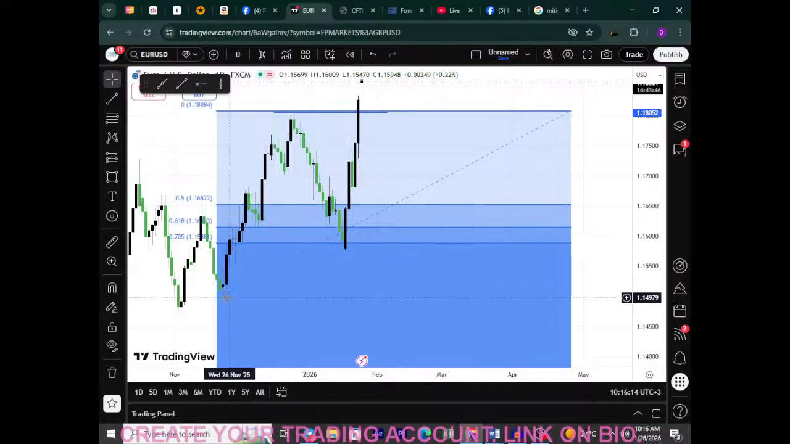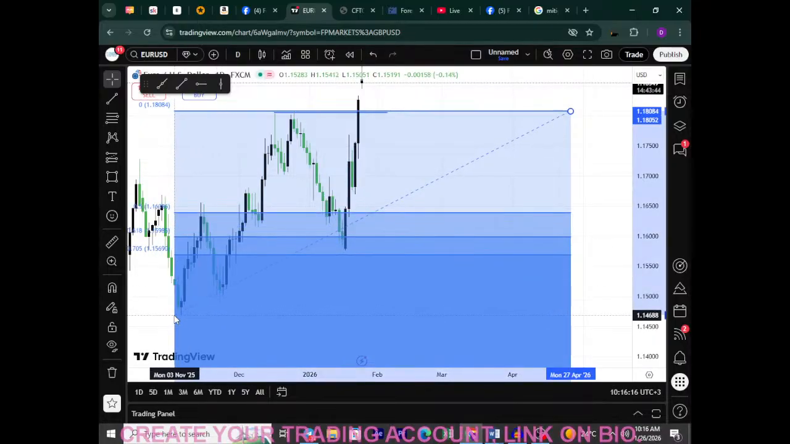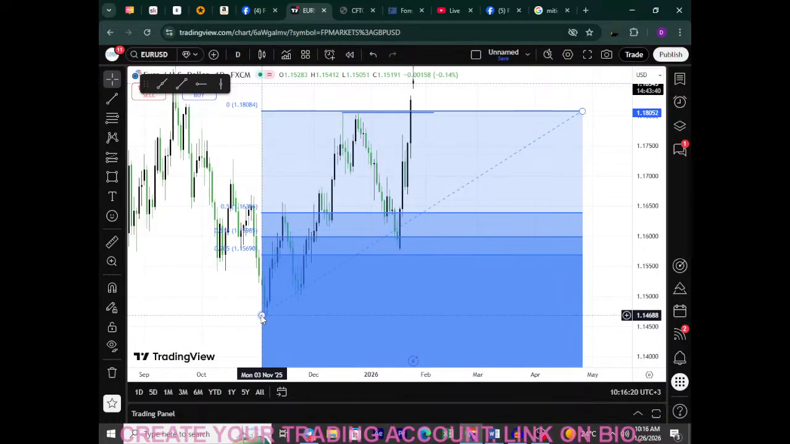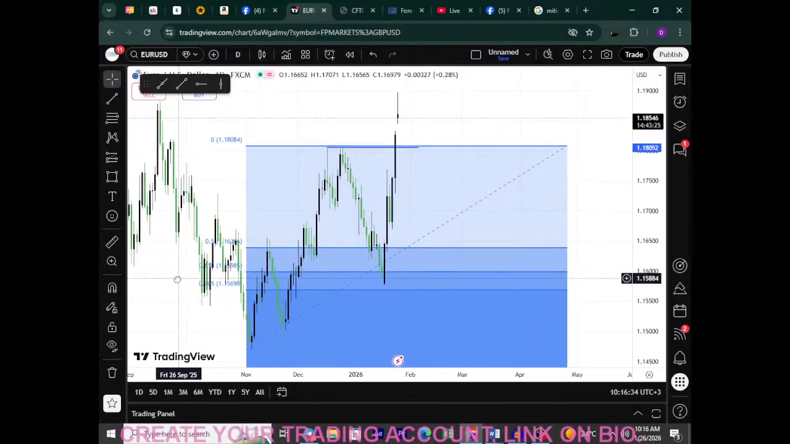another sweet spot level. You can even go further and use this low. So price came and wicked inside this sweet spot level, after which price has shot up